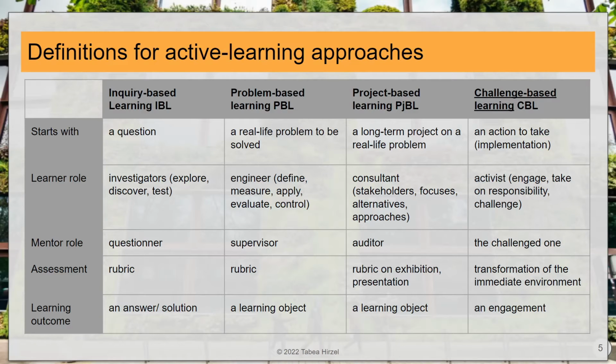Again, we have a rubric, for example, on an exhibition or presentation, and the outcome is this exhibition or presentation. And of course, the object. So, for example, if we make a mechanical machine, we would have a presentation of this machine, but the outcome is the machine. Whereas in problem-based learning, the outcome is the presentation on some machine or a case study.